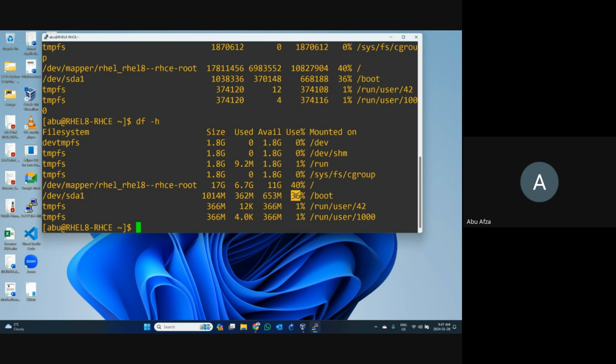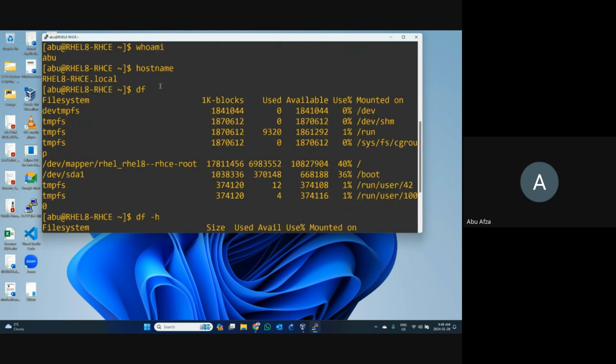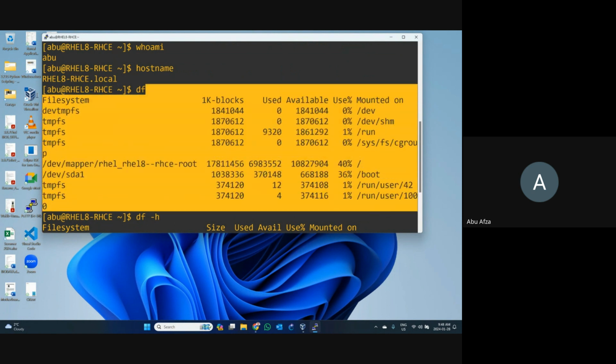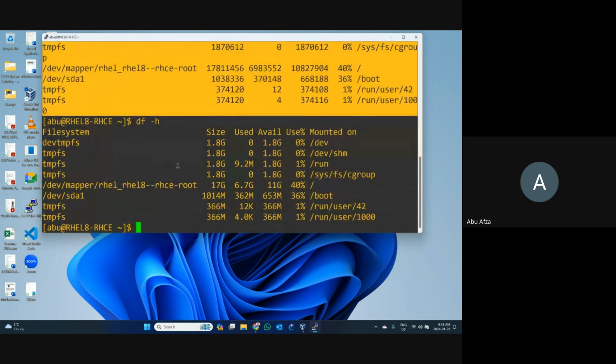Boot purpose is used like that. And these are temporary files using these few things. So here you can see both are almost the same. Here it is only showing the information of your hard disk with spaces also, but here it looks different in the way it is shown.